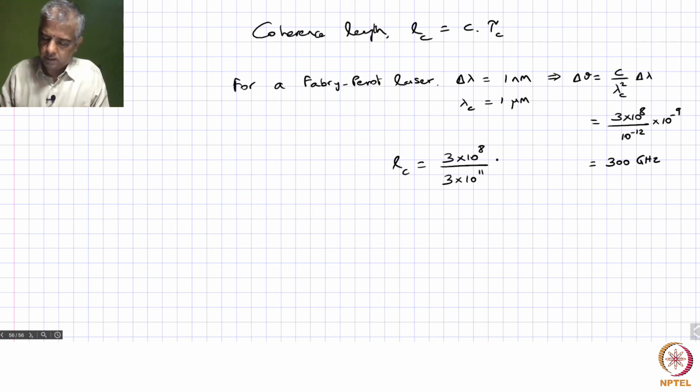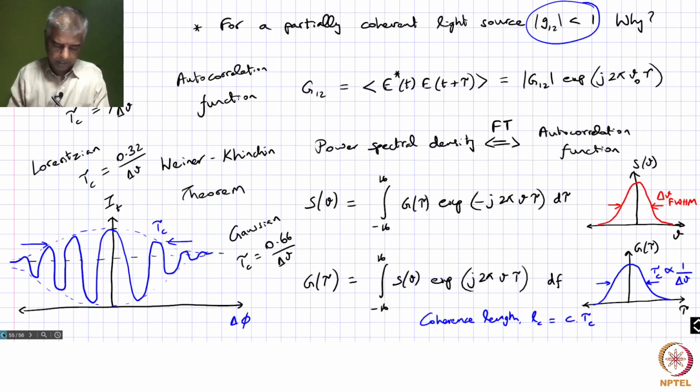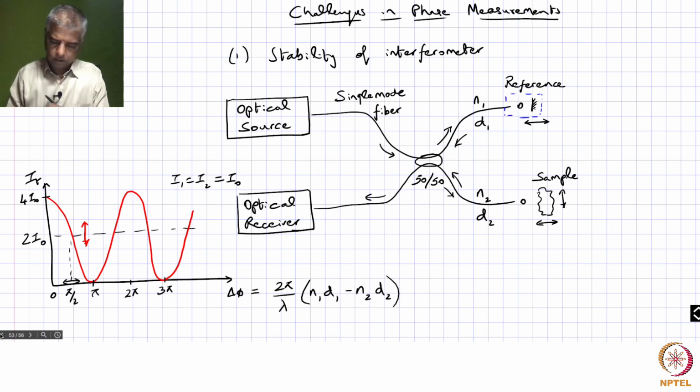That corresponds to a coherence length of 1 millimeter. Yeah, that would be in the order of 1 millimeter. So what does that mean? It means that even if your path length change, delta D, is in the order of 1 millimeter, you are going to have